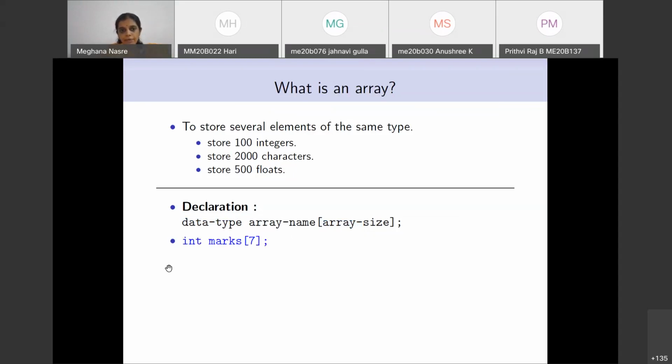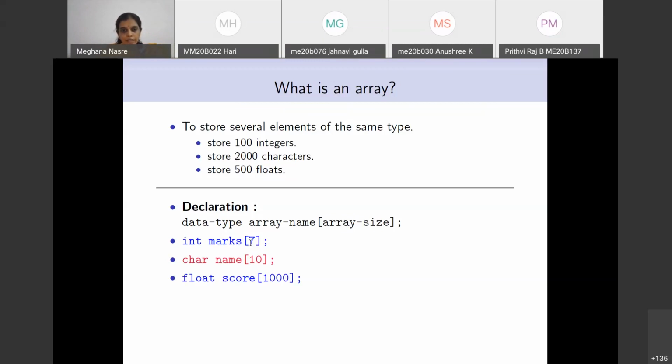A concrete example of this is int marks, which is an array of size 7. The square brackets tell you that this is an array, and this variable is called marks, and there are 7 integers defined and stored. You have place to store 7 integers. Similarly, you can have a character array where this name is a character array.